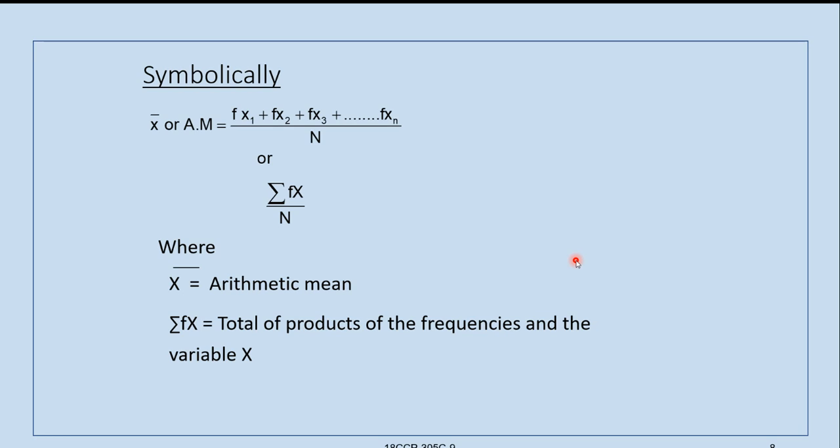First observation into first frequency. That is first column into second column. First items. Again, fx2 indicates the second item. x2 is the second item in the first column, f is the second item in the second column, which is multiplied together, and that is posted in the third column.